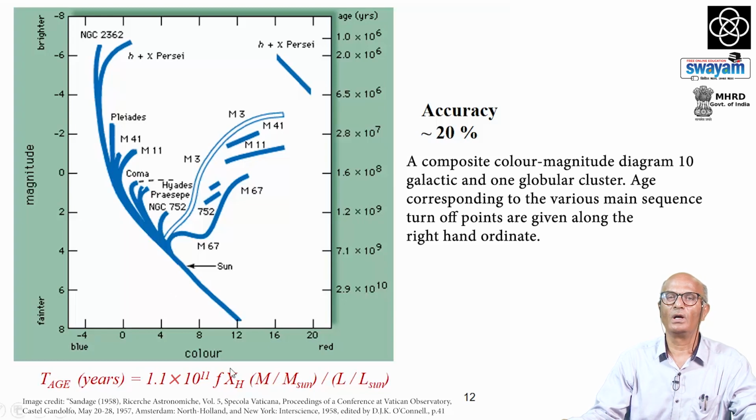And this is the formula which we can derive empirically, that is T age in years is equal to the expression which is given here. It is a function of mass and luminosity, and also this F is the fraction, and this is the metallicity X, hydrogen fraction which is there. In this process, we can say that the accuracy of the age determination is typically about 20-25%. It is not more than that, but it has been very useful to find out ages of the various clusters,